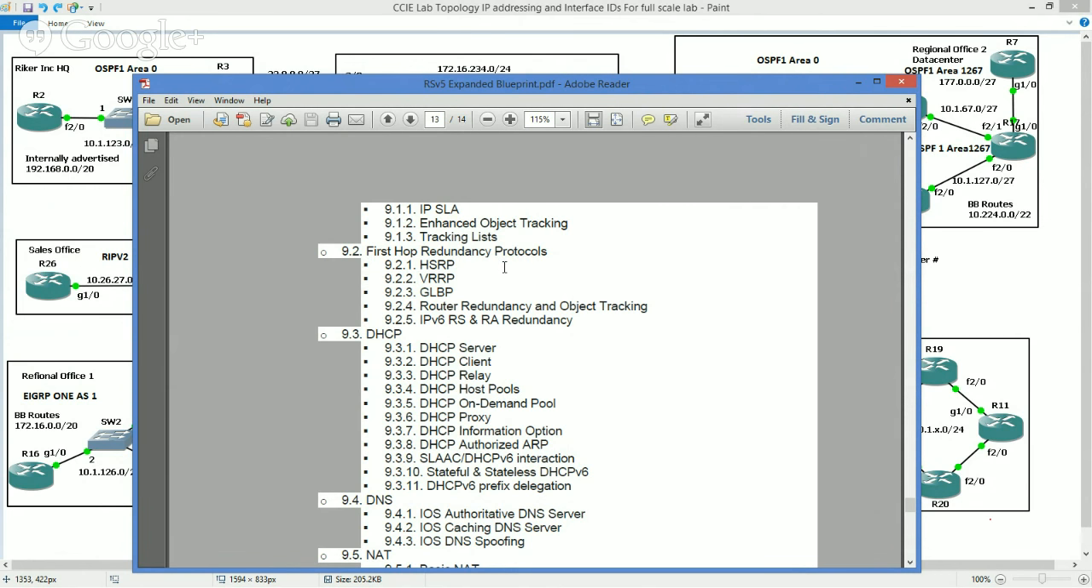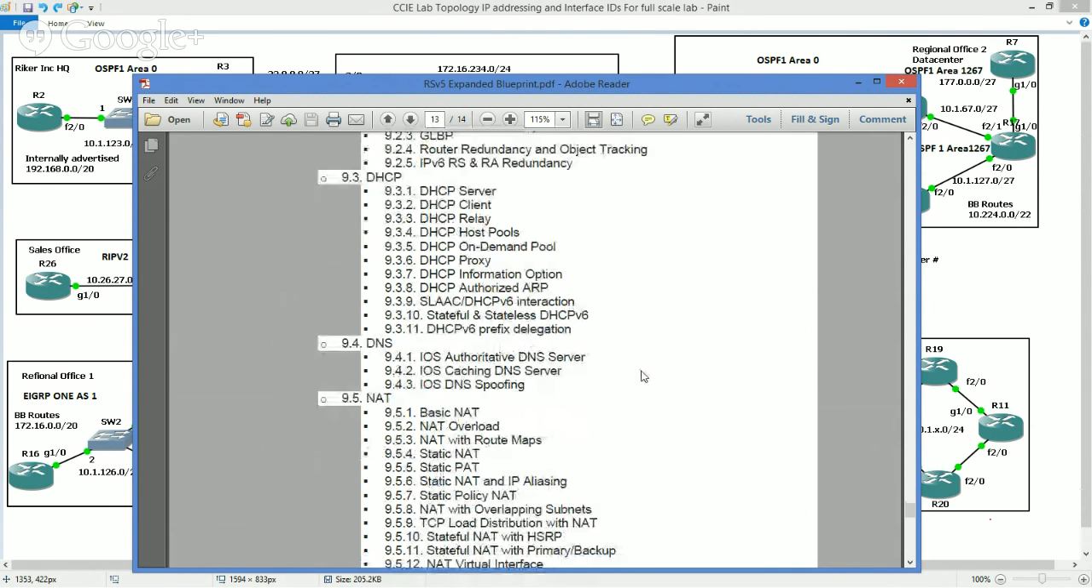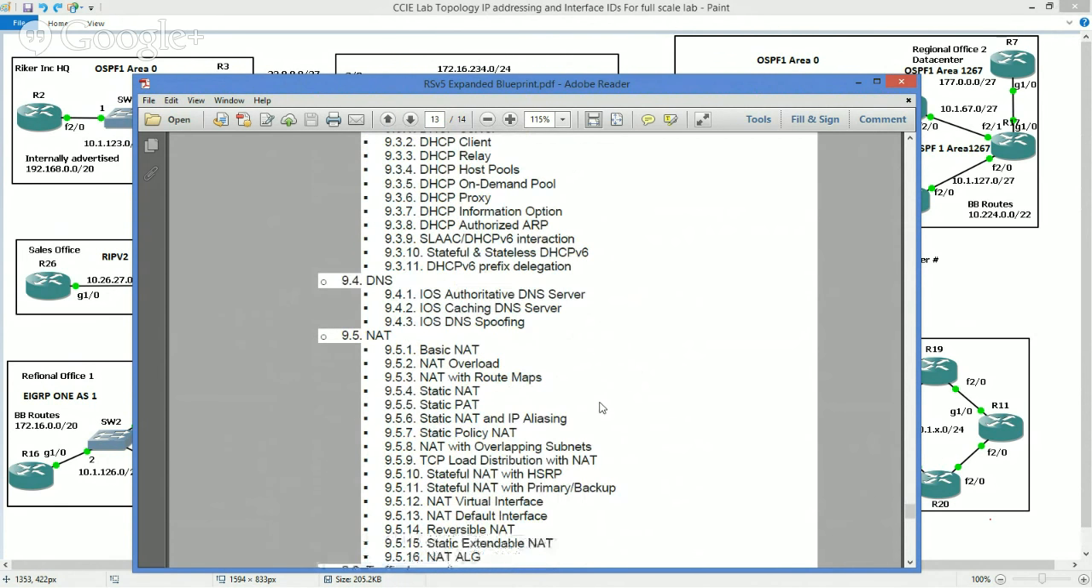This way, I may not be an expert in every detail about DHCP, but I'll know what the DHCP server is. I'll know what the DHCP client is. I'll know what the relay agent is, what the host pools mean. So it's not necessarily knowing every detail about every item on the list, but it's knowing, okay, do I know what it is? And if I was asked a question on it, would I have an idea as to what they're talking about? That's what you need to think about before you get into this,